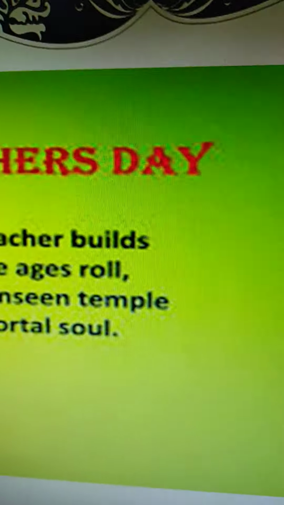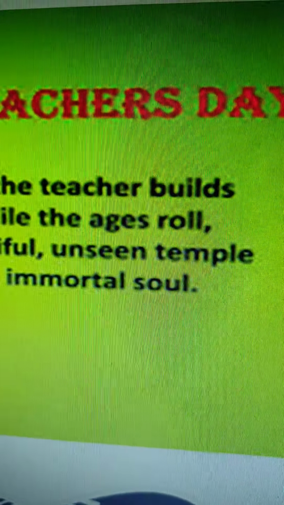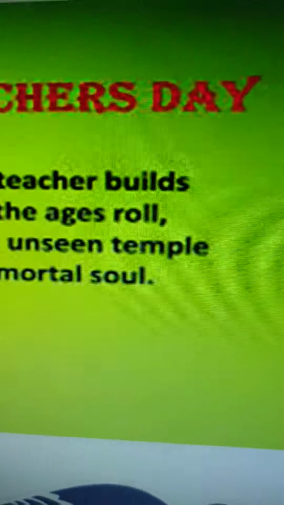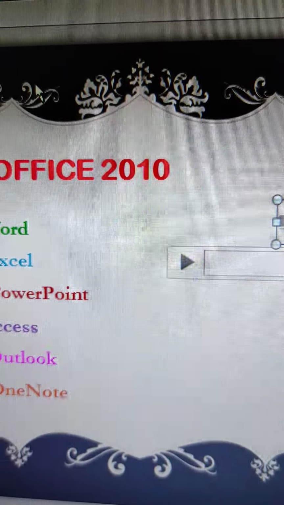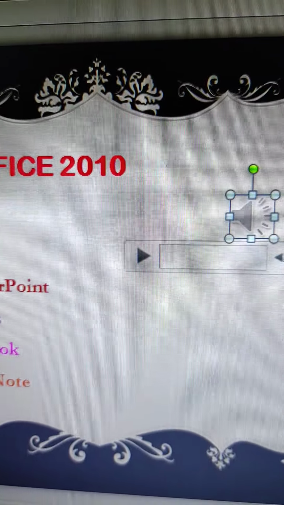The song is there, you can see, across all slides. In this way you can add audio here.